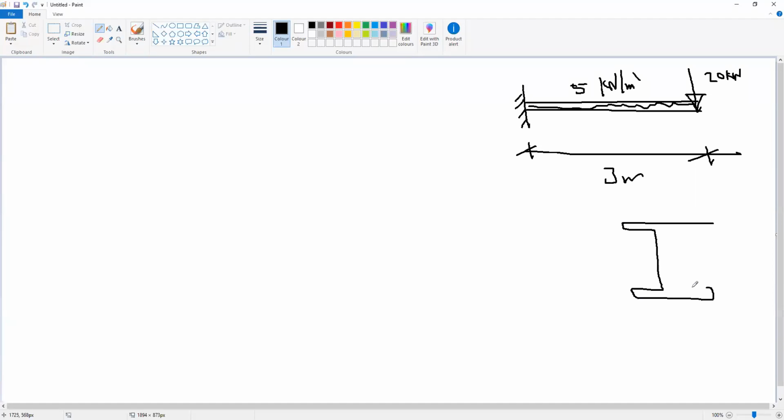If the cross section is similar, this means one thing only. This means that Ix dash, you don't have to calculate again. Ix dash is 6.9 multiplied by 10 to the power 6 millimeter to the power 4. Okay, so if this is AB,